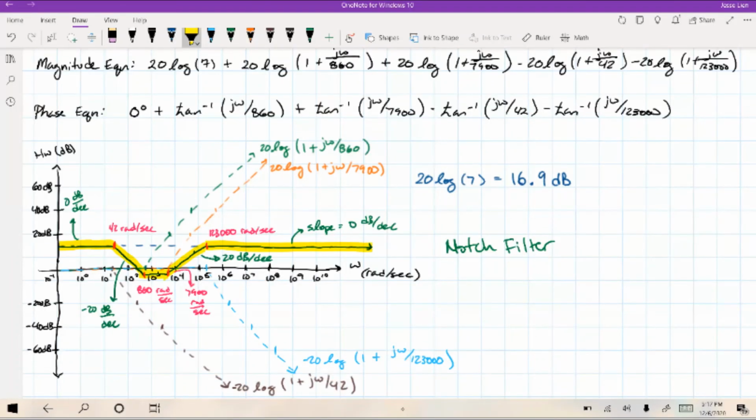Your final Bode plot should include labels of where the slope changes and should also include labels that indicate the slope value at specific points. In this case, the final plot was highlighted to ensure there was no confusion between the plot and the specific terms that were plotted as well. You can see by the plot that this is a notch filter, which will allow most signals to pass through except for those that fall within